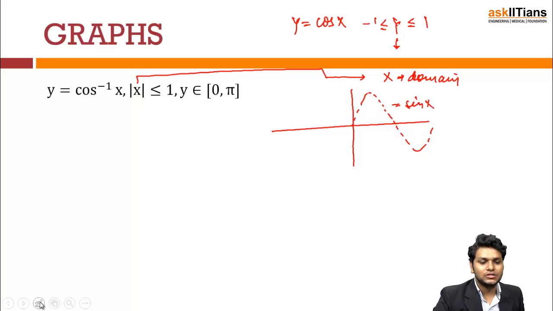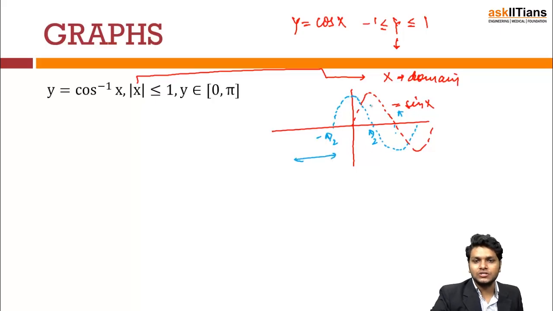The cos x I'll just superimpose over here with a different color. The cos looks like this. So this point is 0, this point becomes minus pi by 2, this point becomes pi by 2, and this point becomes pi. It will have a minus value of magnitude 1. Now I could have used any interval which might be present over here, but because of the standard convention that we all are using, I have used this interval 0 to pi.